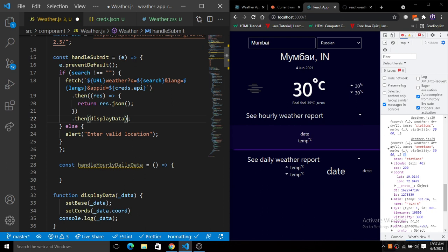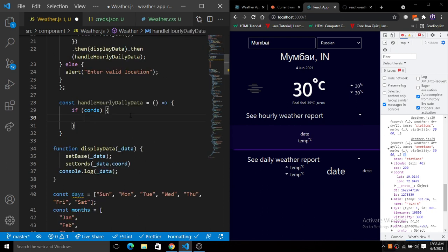Okay, so if we have coords, that state we have already set at the very top here, then we call this function, and then we call a fetch URL. We already have a URL there, so let's put the URL here in capitals.